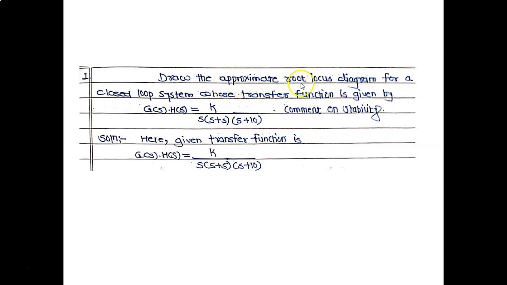draw the approximate root locus diagram for a closed loop system whose transfer function is given by G(s)H(s) is equal to K divided by s into bracket (s plus 5) into (s plus 10). Comment on stability. Now solution. Here the given transfer function is G(s)H(s) is equal to K divided by s into (s plus 5) into (s plus 10). Therefore,